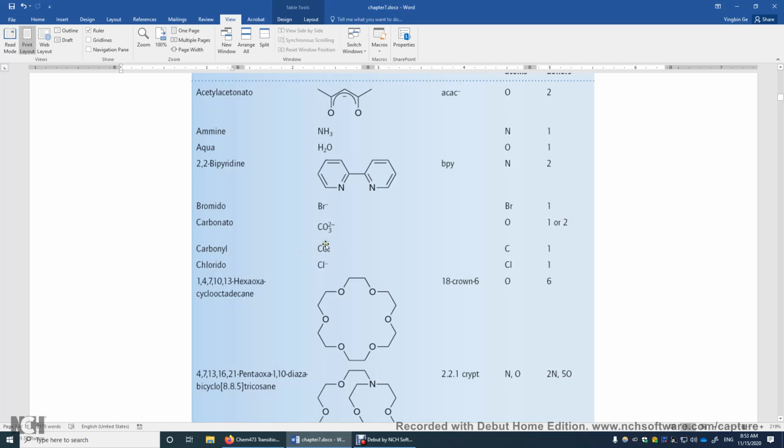Carbonyl. This is actually carbon monoxide. In transition metal chemistry, it's called a carbonyl ligand. Over here, it's very important for you to realize, in this case, it's the carbon, not the oxygen, that forms a bond to the transition metal. We'll talk about this later, but if you can draw the Lewis structure of this carbonyl ligand or carbon monoxide,